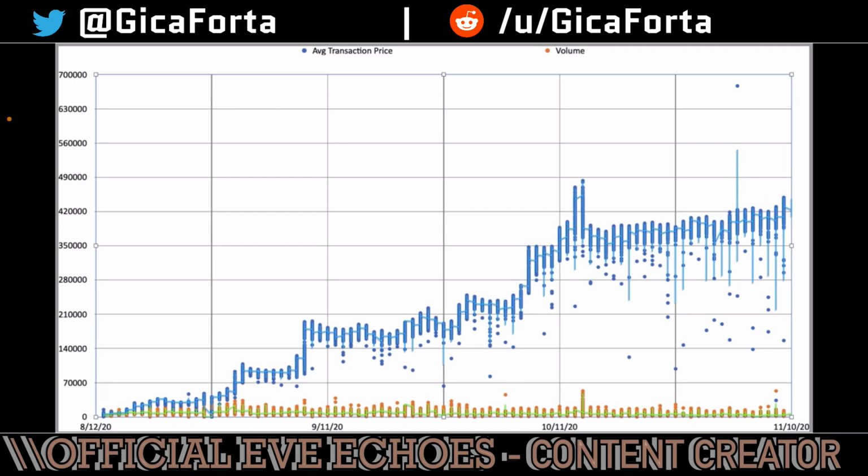So people coming in to dump PLEX on the market found that the prices that were there a day or two before were starting to get depleted. So what they did was either they increased their price because they saw that the items were being sold, or the new people that started dumping PLEX on the market actually put them at a higher rate, speculating that all the PLEX below them will eventually get sold, and thus raising the bar even more. So that's a big increase in price from below 140,000 ISK to way above that threshold, reaching 200,000